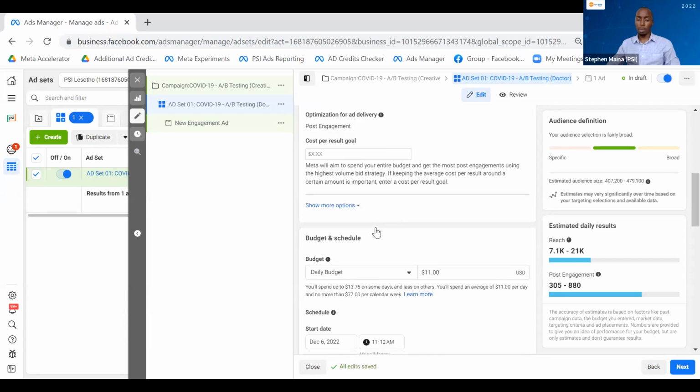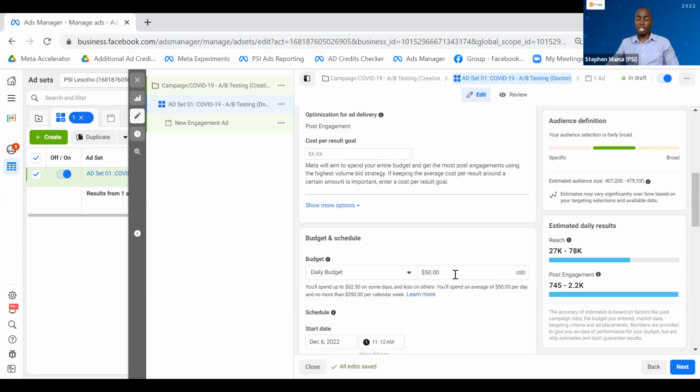So choose post engagement. Our budget was $100. Again, this is something else to bear in mind. Ideally, with the A/B test you'll be splitting the cost 50-50. So if our budget is $100, I'm going to come in here and choose $50, because this is part A of the A/B test that we are running. Just have that in mind and remember to put half of your entire budget when you come to setting